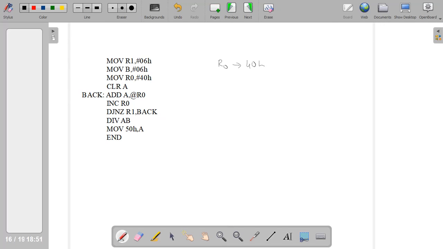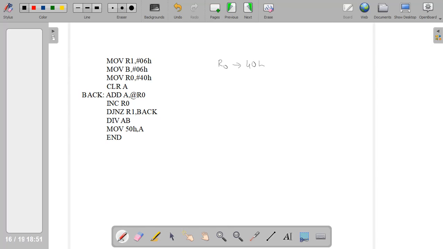Then we are clearing the content of accumulator, making it 0, and then we are adding to the accumulator the content of 40H which is accessed through R0, and then we increment R0 so that the 41H location is accessed, and we decrement register R1 which is a counter and check whether it is 0.